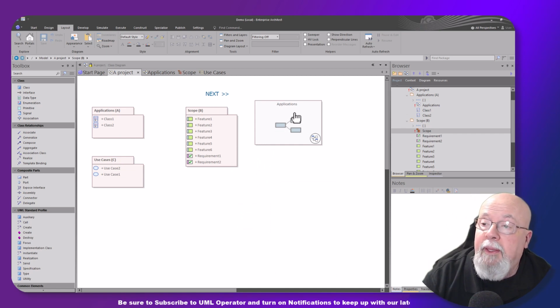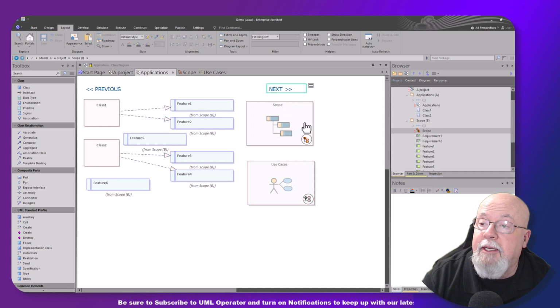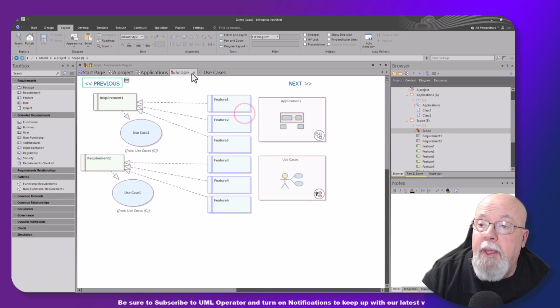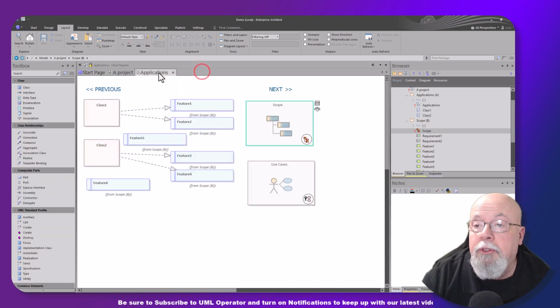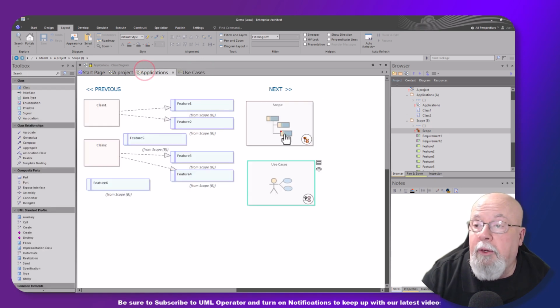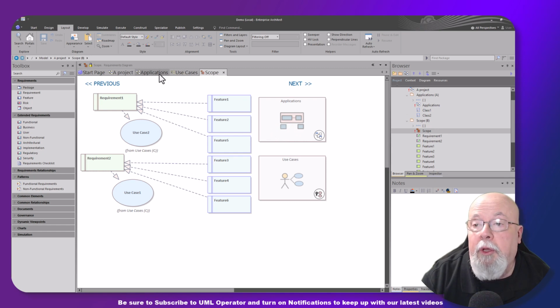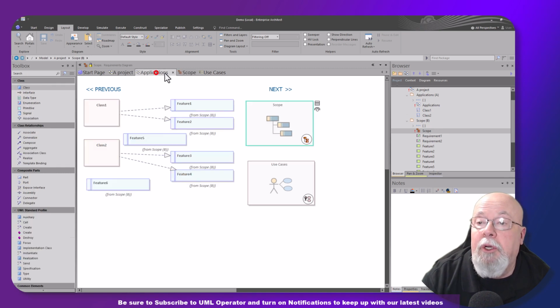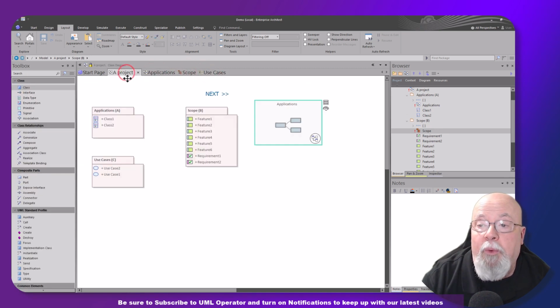All right. So using the navigation cell, I can select it, and then from here, I can go to scope, or I can go right to use cases. Let's go to scope. Because I had scope already up, it went right to it. If I close scope and close use cases, and I'm here, if I go to use cases, it launches it as a new window. If I go to scope, it launches it in a new window. Notice it launched them in the order in which I navigated to them. And if I want to change the order, just hold the mouse button and drag them back and forth. All right, so I like this form better for navigation,